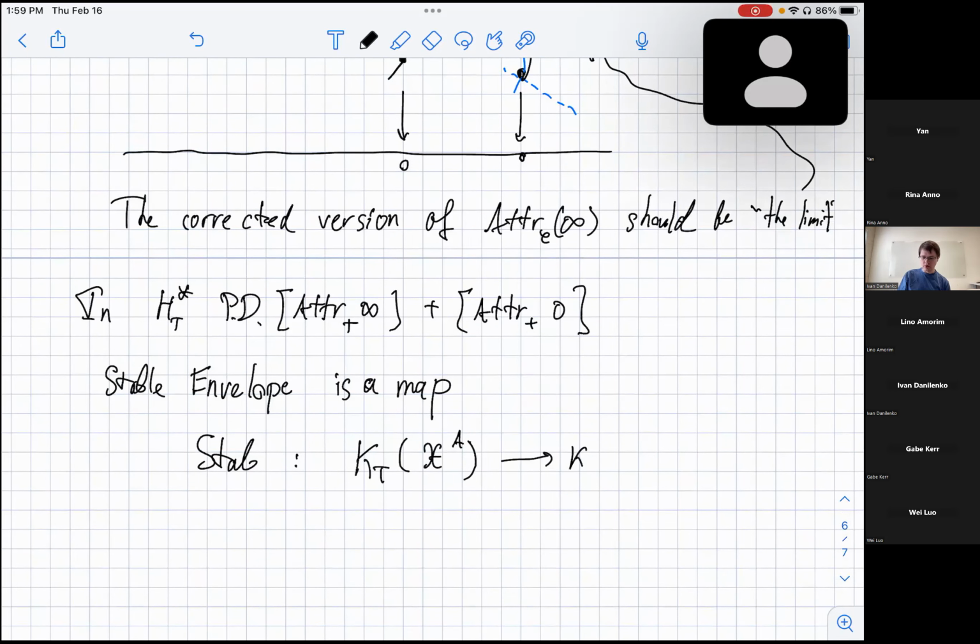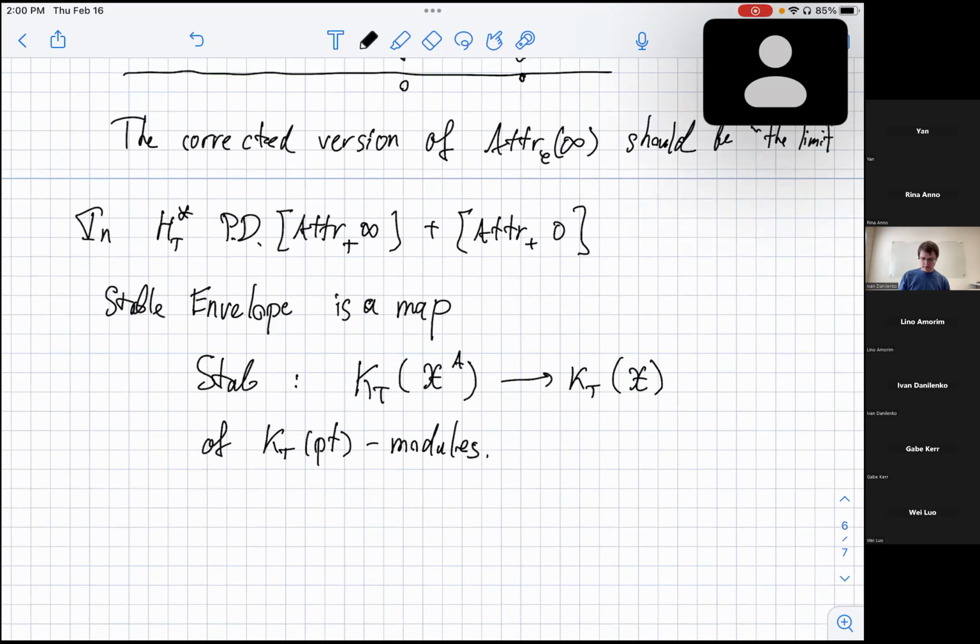It looks like a wrong way going map. The usual map that goes here is a restriction map that goes the opposite way, and we're trying to map it back. So it is a map of modules over our ground ring with properties such that the support